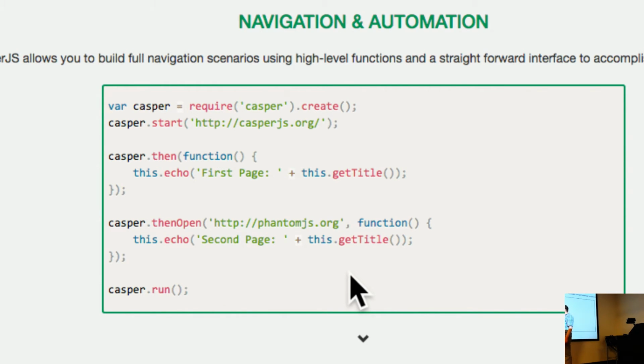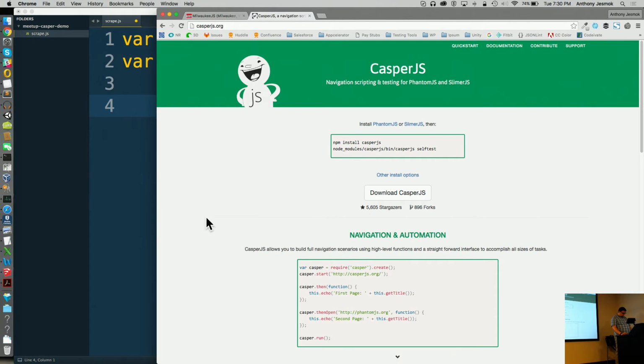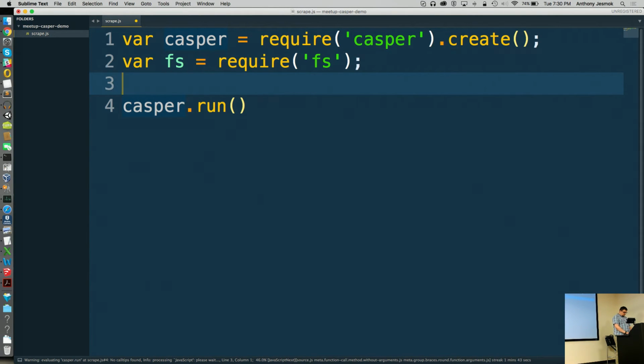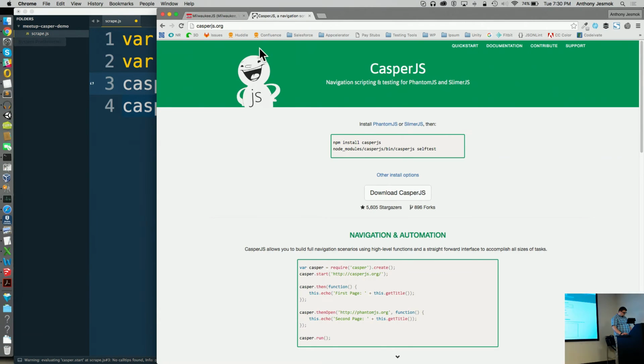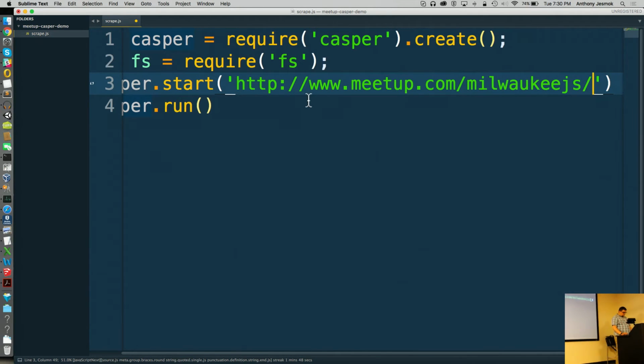Then open, and at the bottom, we run our scraper. So we'll do casper.run, and then we're going to do casper.start.